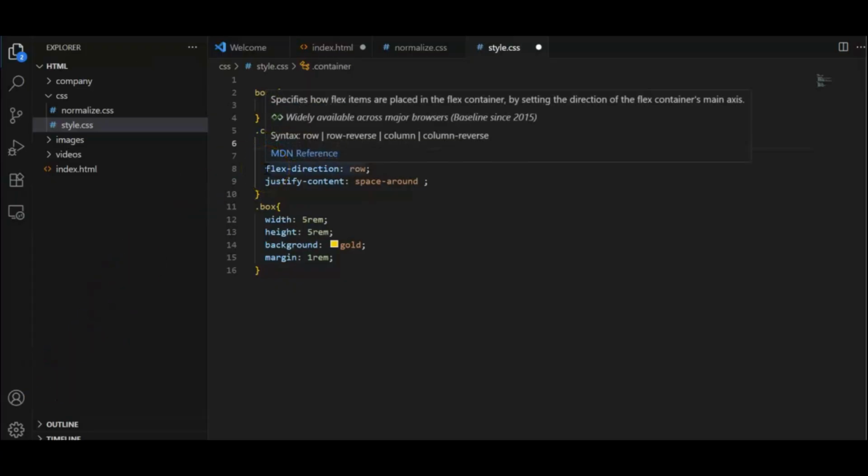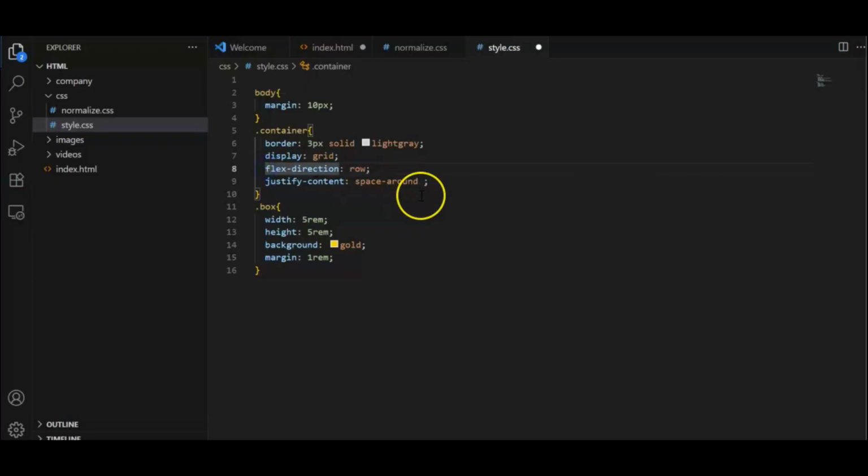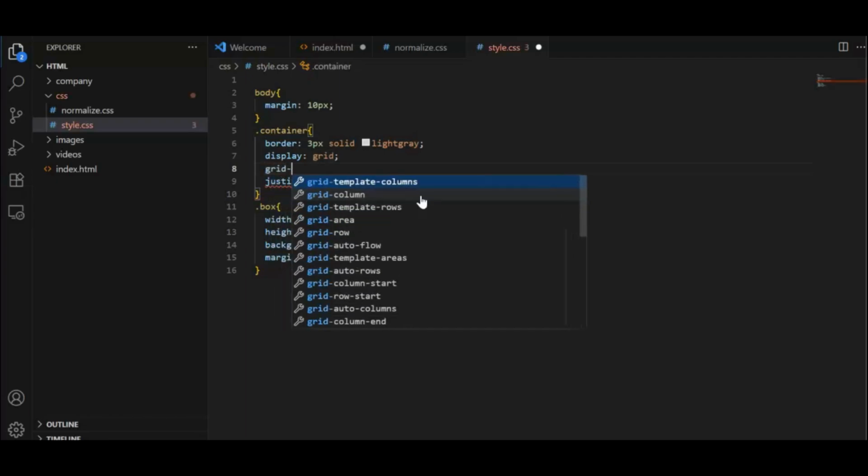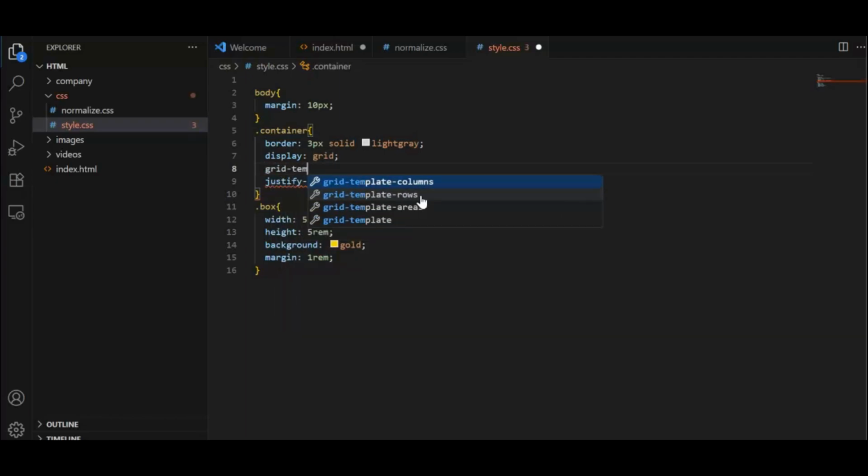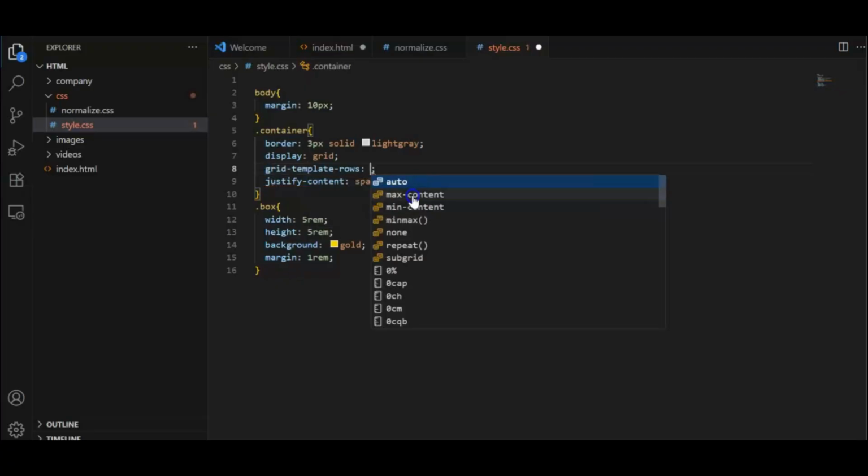Let's do one thing, let's not have this flex, right? Now let's have grid template rows. Grid template rows 100 pixels and 100 pixels. Okay,